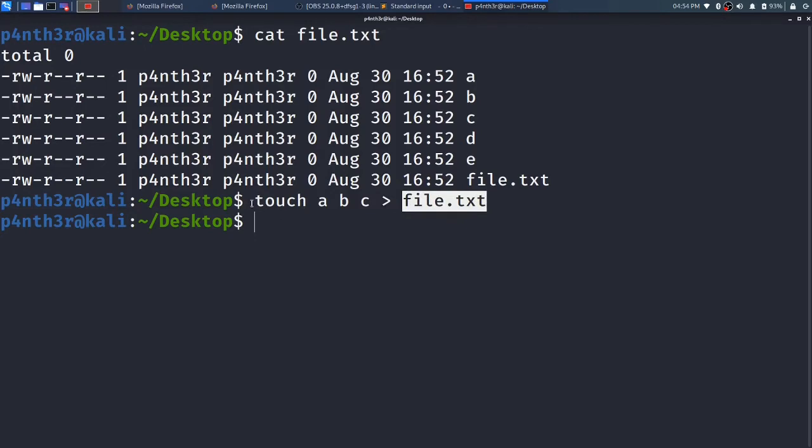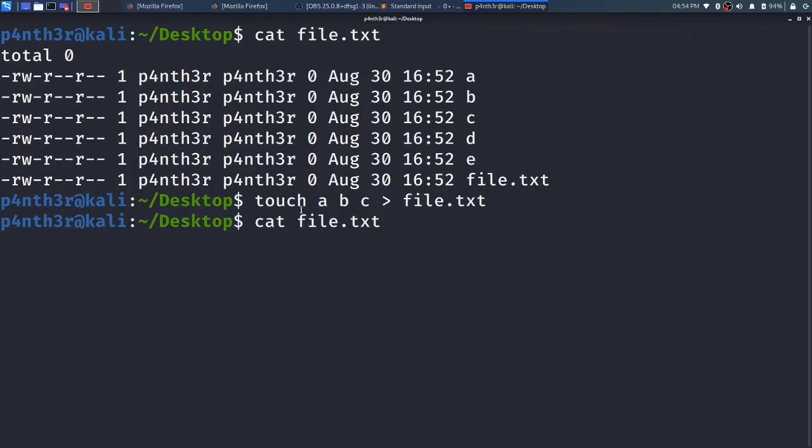Basically, this touch command, if you create a file, will not give any output, not even on success. So I redirected that nothing into file.txt. I think in file.txt there will be no data. Let me cat that file.txt, it will be empty.